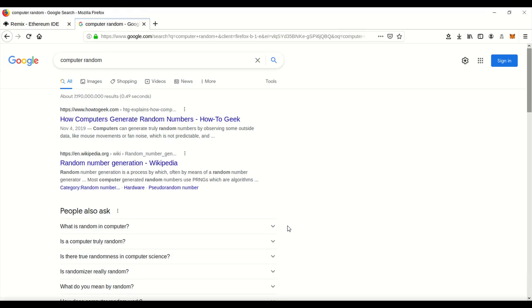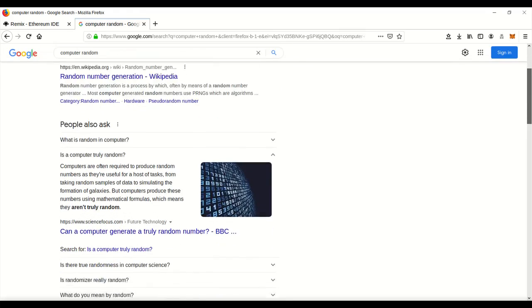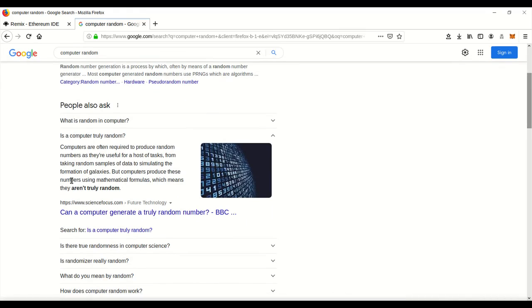Now, a little bit about how computers pick random numbers. If you do a Google search for computer random, a little box will ask right here, is computer truly random? And the answer is no. Computers pick random numbers based on mathematical formulas, which are not truly random. Now, with the PancakeSwap lottery, it picks the random numbers based on the seed formula of the time the lottery is